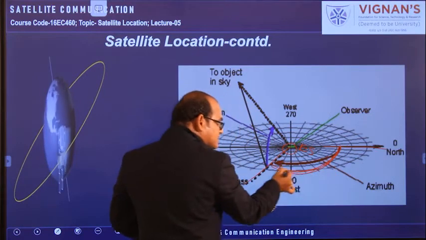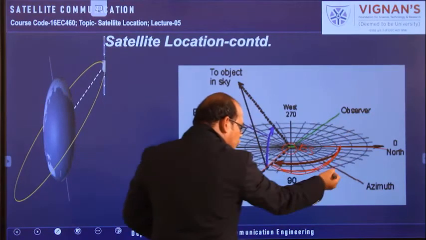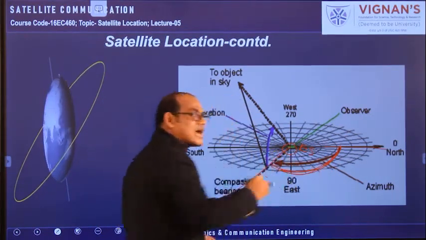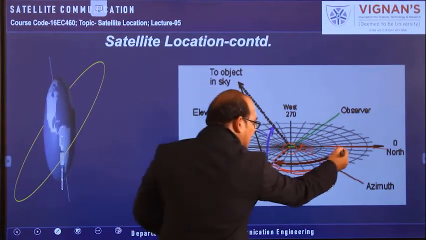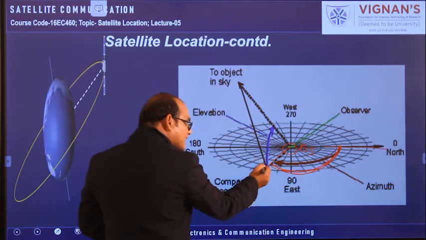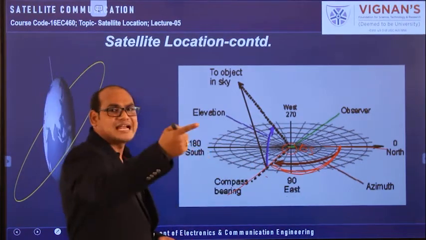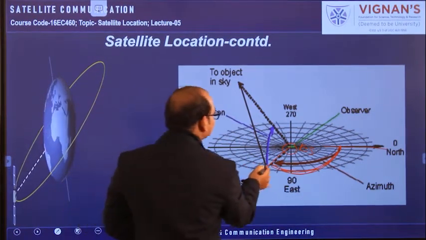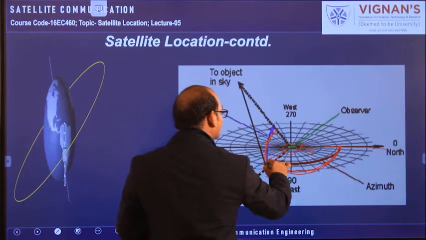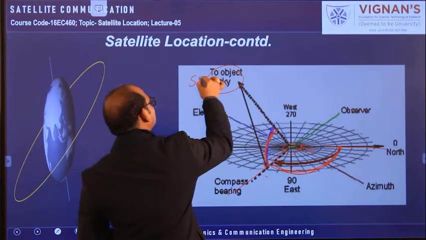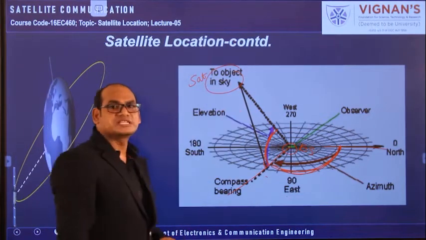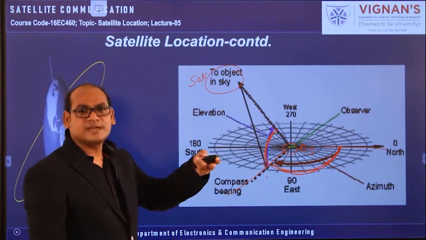So this travel from the north side towards the east should be on the local horizontal plane only. Like this only we have to travel. Okay, so that is from north side to east side. After that, we have to look towards the satellite. That is given by this elevation angle. If you move like this, then here the satellite is there. Here the object in the sky is the satellite. So in this way, we can look towards the satellite.